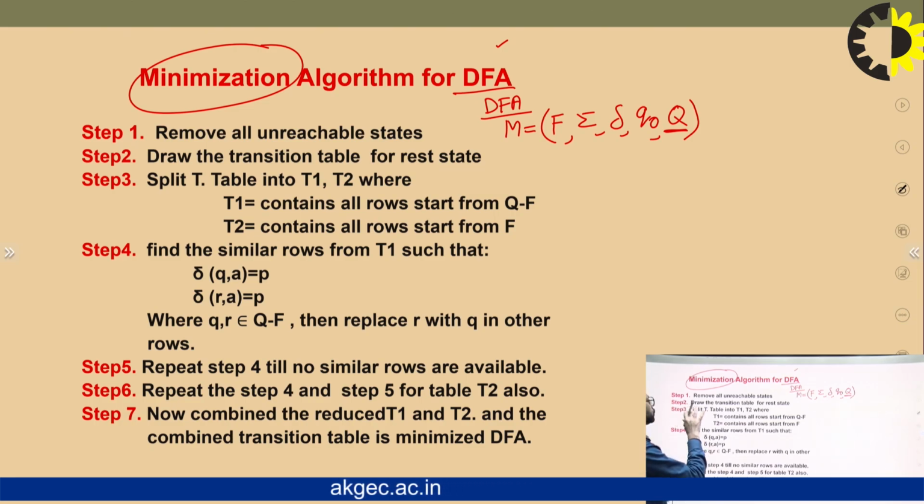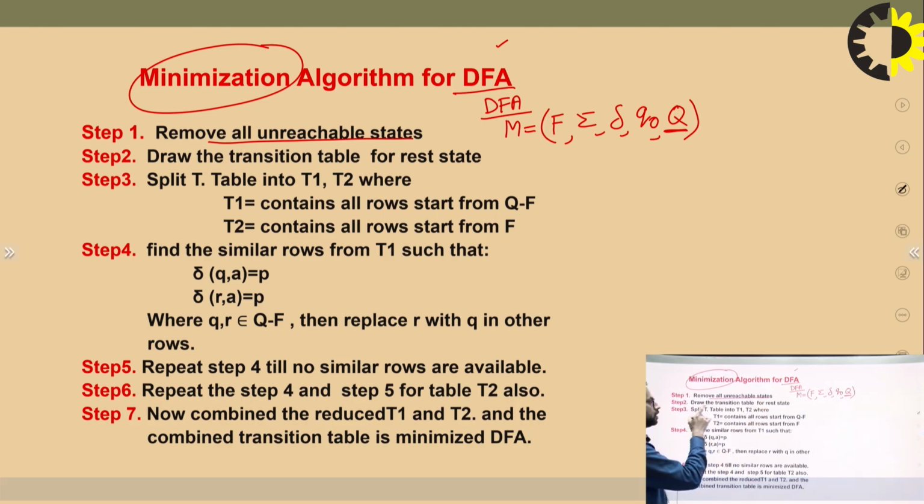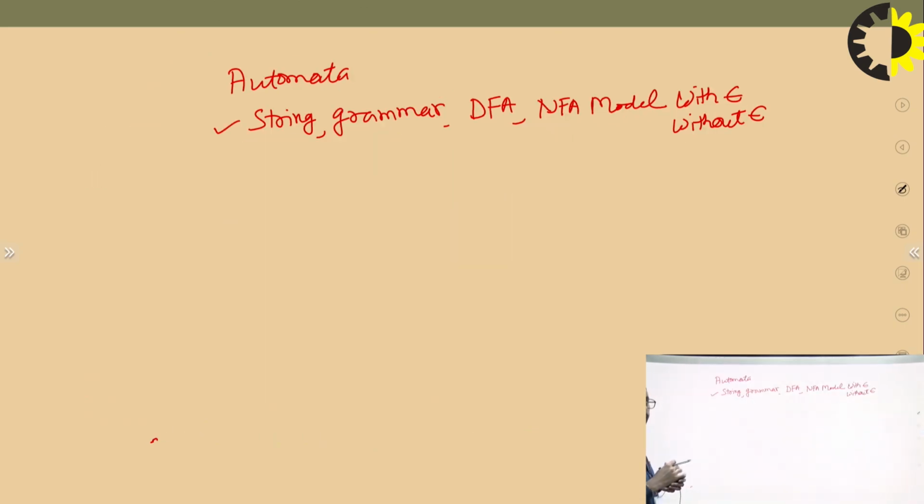So in this algorithm, first we remove the unreachable states. So the first step will be to remove the unreachable states. What are the unreachable states? To understand this concept of unreachable state,